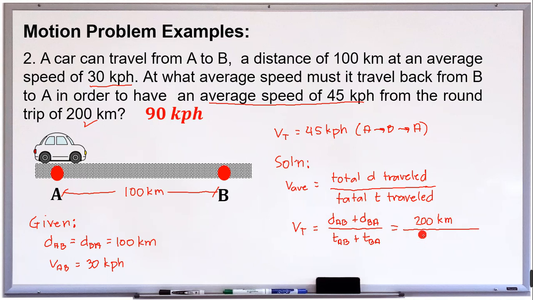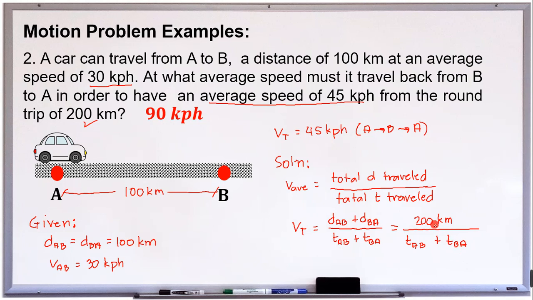The problem here is that we don't know the time in traveling from A to B, as well as in traveling back from B to A. So that is why we need to find a way to express this variable in terms of the given parameters. Okay, so that is T sub AB plus